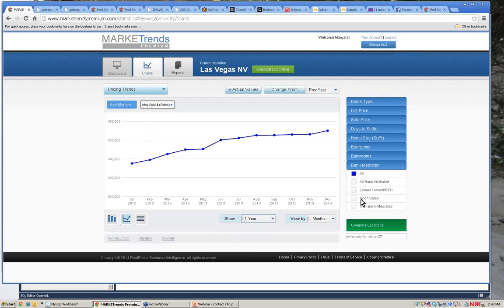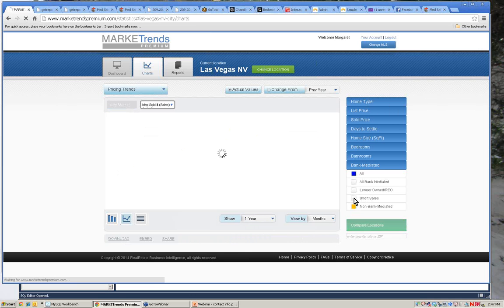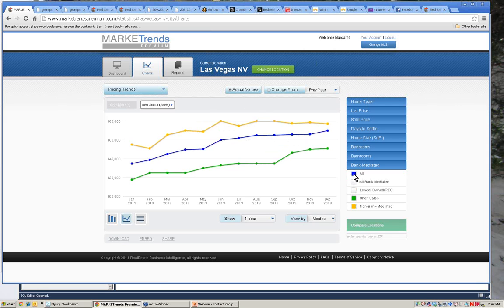And I wanted to talk to them about non-bank mediated versus short sales, and I wanted to talk to them about the pricing, because here the short sales are a lot lower than the bank mediated in this market. So you might want to set people's expectations as to what's going on because of the bank involvement and stuff like that. So this might be a great one to be able to include on your listing presentation,